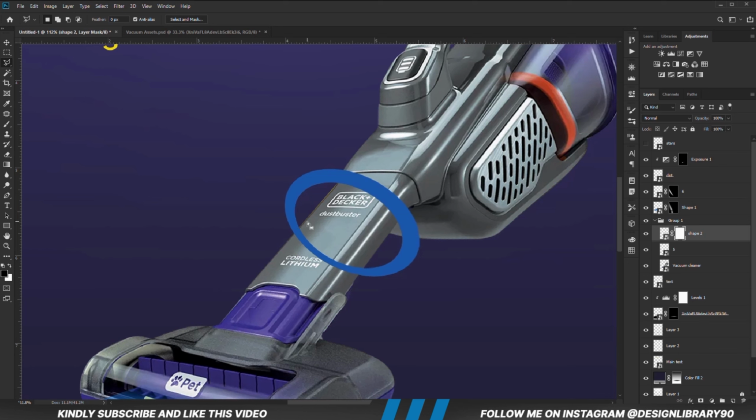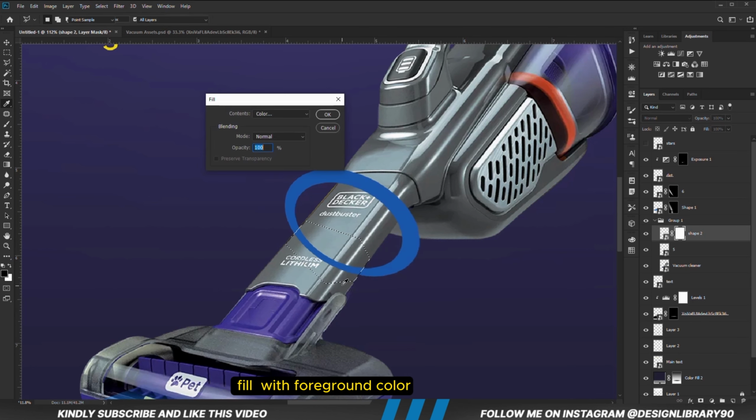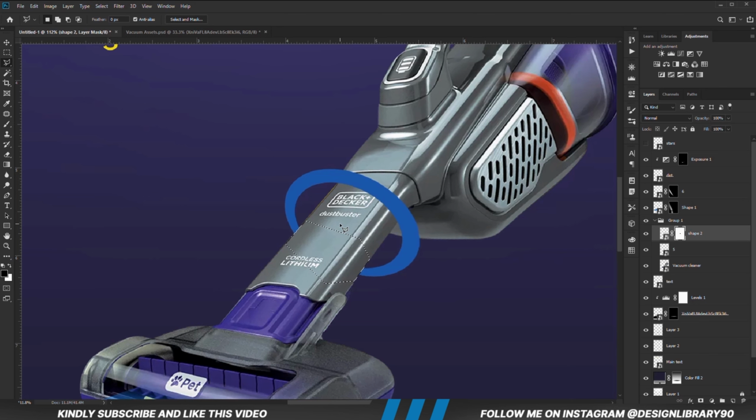Once we have a selection, we right click and we are going to fill that with the foreground color, which is black. Then we hit OK. Ctrl D to deselect. With the layer selected,